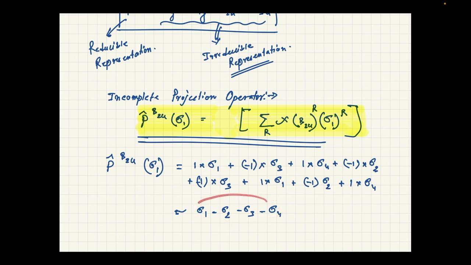That means this particular combination is a molecular orbital, and it is now not normalized. You have to normalize it. So this particular combination is a SALC, or symmetry adapted linear combination, corresponding to the B2U representation. This is the functional form. If you normalize it, then this function can act as a basis for the B2U irreducible representation. Okay,